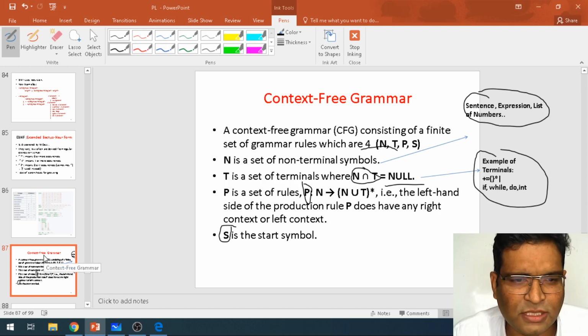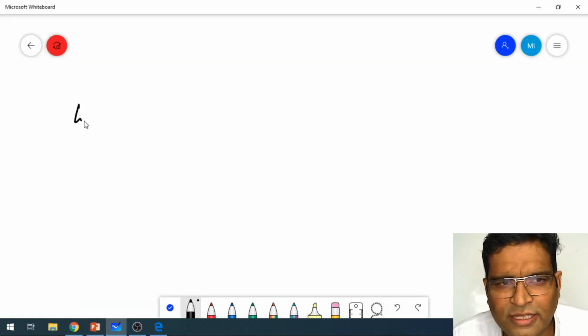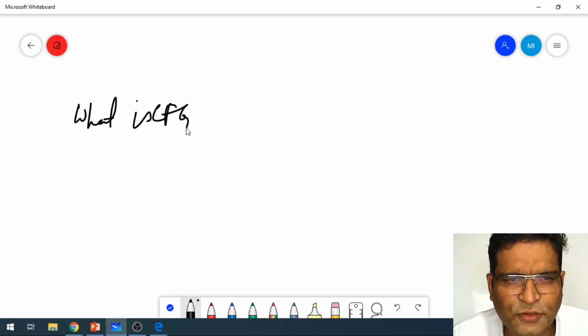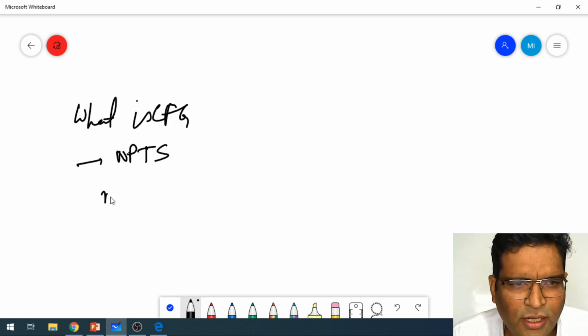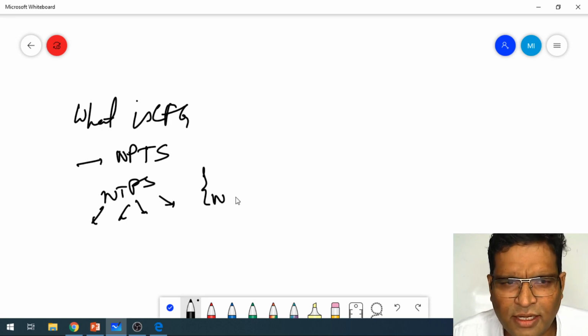So CFG, context-free grammar, is defined by N, P, T, S: non-terminals, terminals, rules, and the starting point.